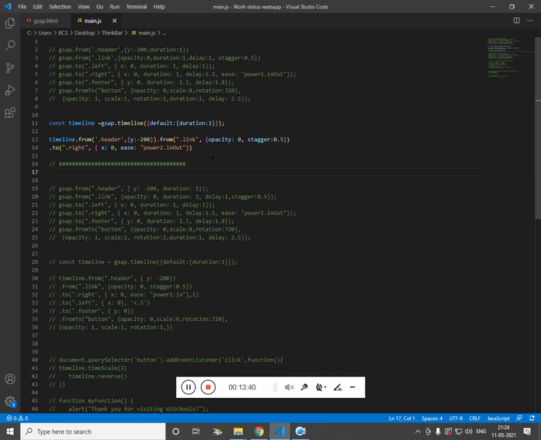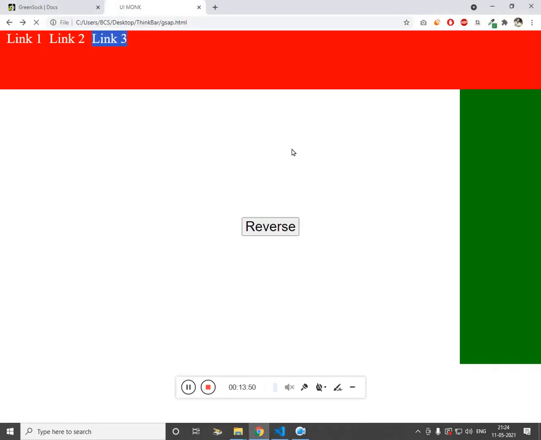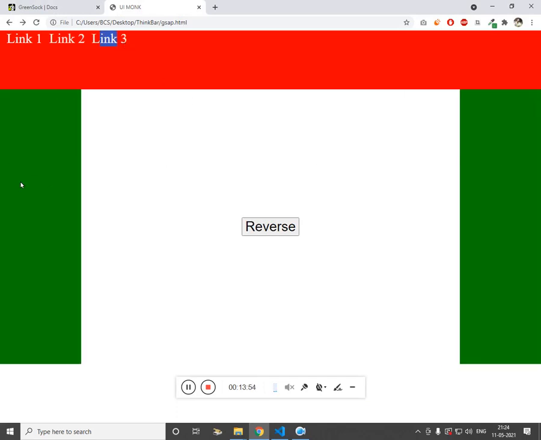And now it's time for the left. Now if I see, after link, right sidebar, and then left comes.